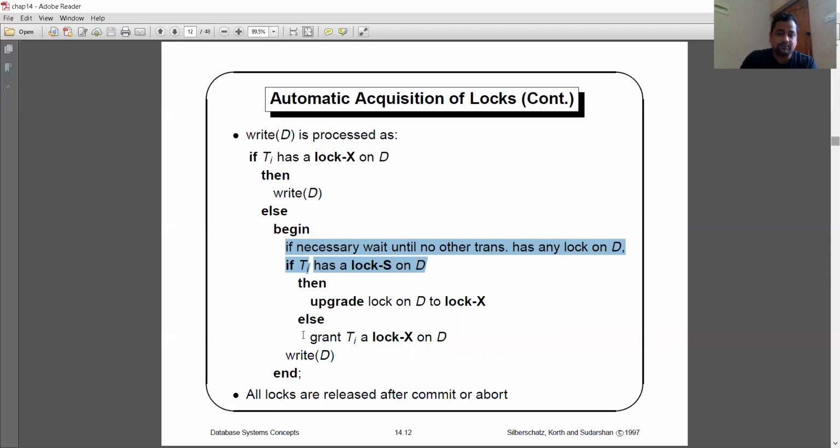So two things you can perform over here. If you have to wait, you can take the shared lock, and once you take that shared lock, you can upgrade the shared lock into the exclusive lock, or you can go for a grant of the exclusive lock on data item D to the transaction Ti, and perform the write operation.